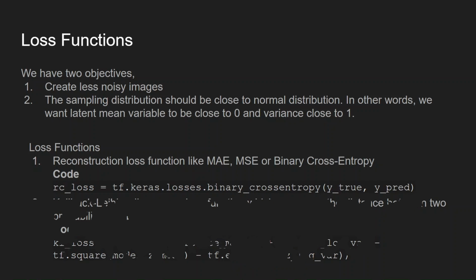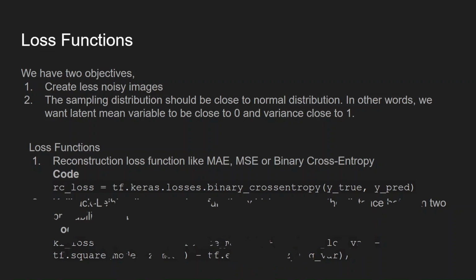In order to achieve the first objective, we are going to use a reconstruction loss. It could be mean absolute error, mean square error, or binary cross entropy. In our case, we are going to use binary cross entropy. And in order to achieve the second objective, that is to make sure that our distribution is close to normal